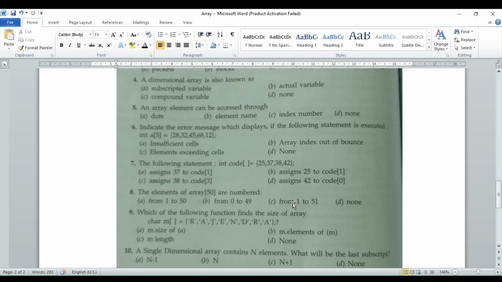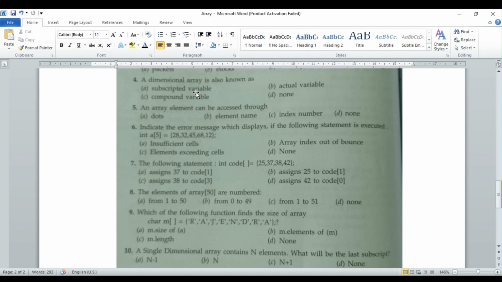A single dimensional array is also called a single subscripted variable, because each element of the array is represented by using a common variable name along with a single subscript.